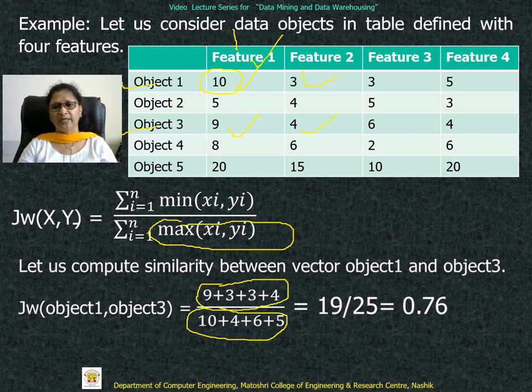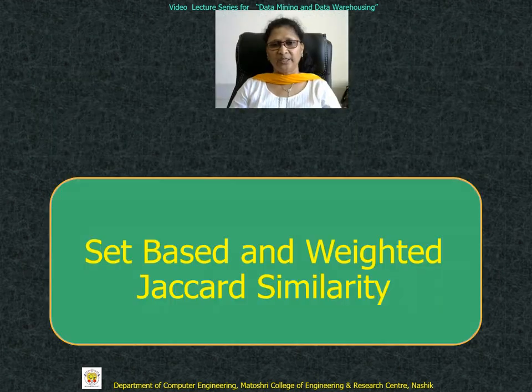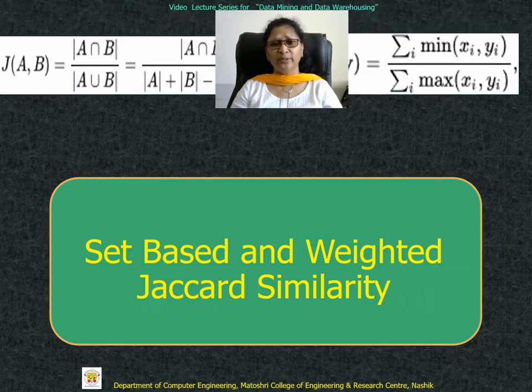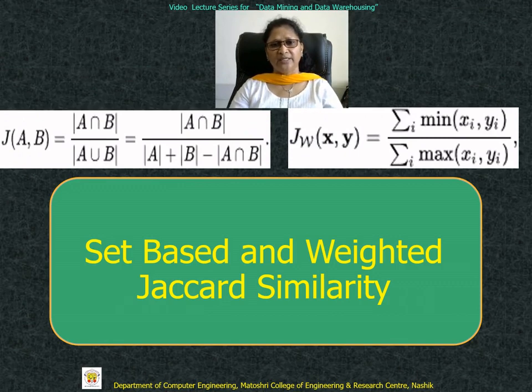So 3 at numerator, 4 at denominator, like this for all. And it results in 19 by 25, which is 0.76. So we say that there is 76% similarity between two objects, object 1 and object 3. These two formulas which we used were, one was set-based Jaccard similarity and the other one is weighted Jaccard